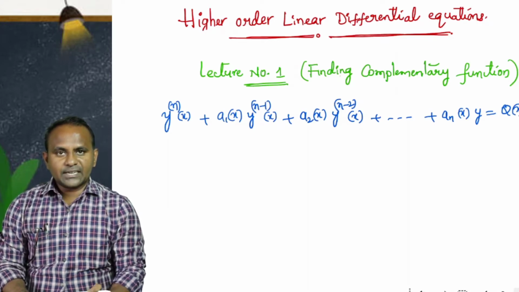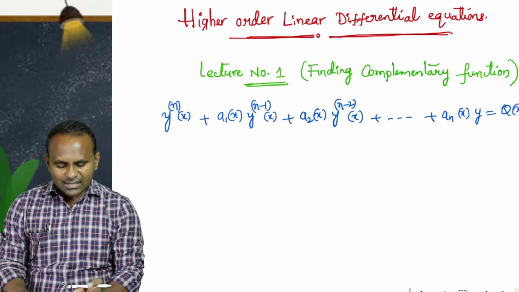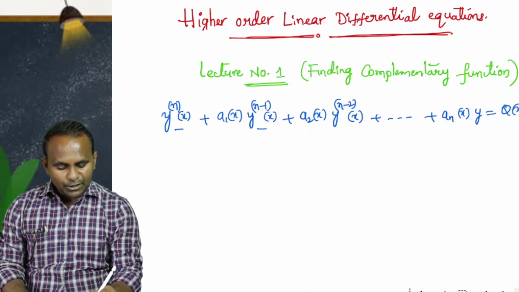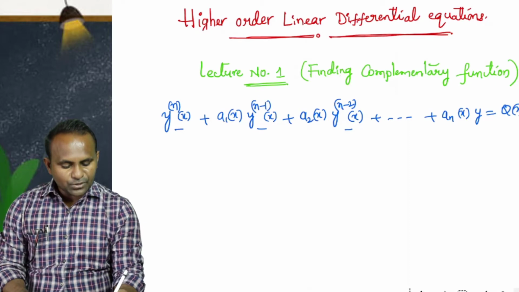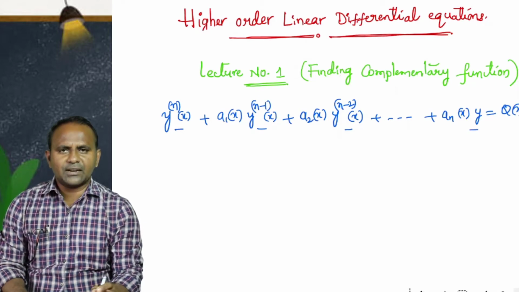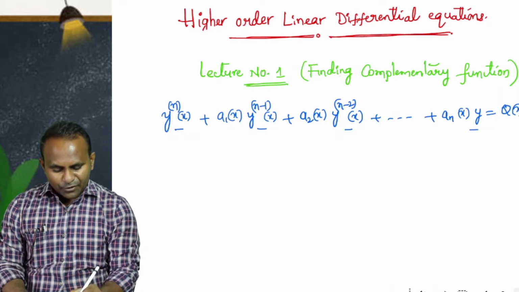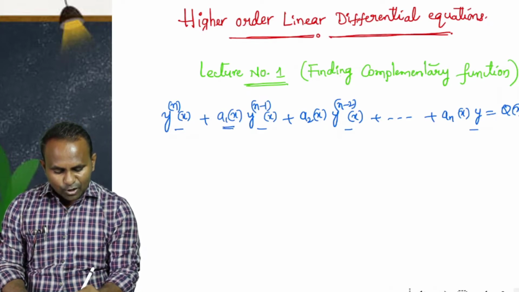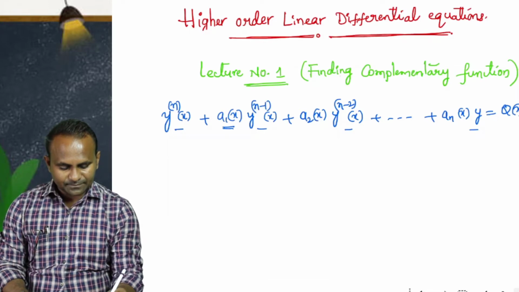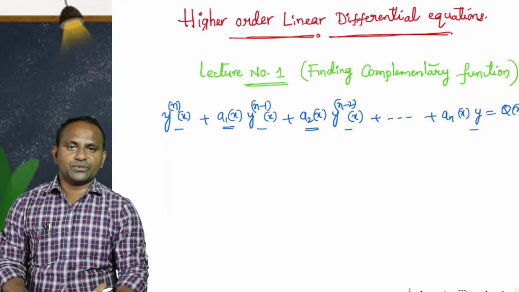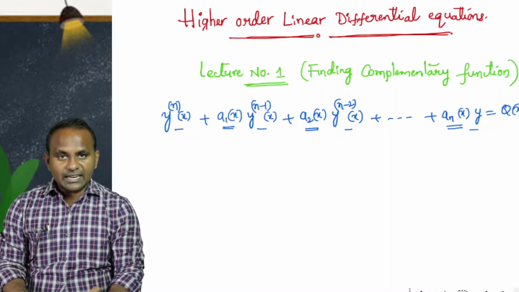But how come it is said to be linear? So this is linear. Why? Because every derivative, like the nth derivative, n minus 1th derivative, n minus 2nd derivative, and of course even y also, all the terms are having power 1. All the terms are linear. And if you can see the coefficients also, these coefficients are purely functions in terms of x. So there are no products of y and its derivatives. So I can say this is a linear differential equation.